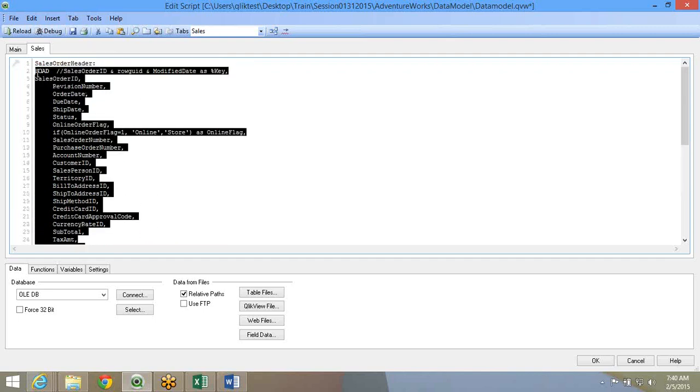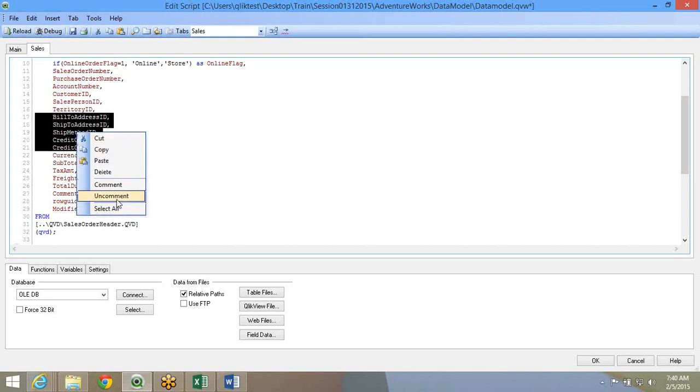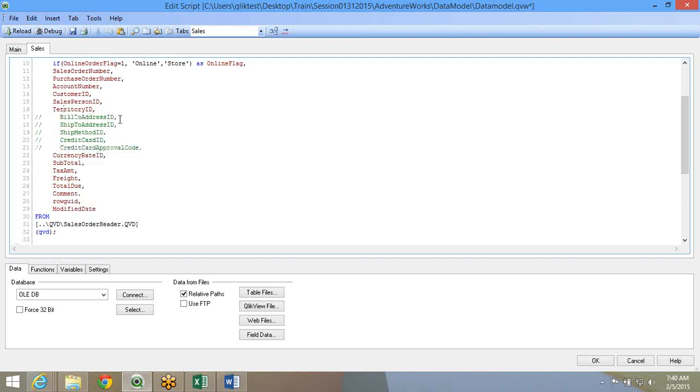Suppose you realize that for the first few analyses or the first build, you don't need so many of these fields. Don't delete them or hide them, just comment them out, so that tomorrow if you realize you need a field, you don't have to redo the selecting of the QVD or searching whether the field is there in the QVD or in the database.